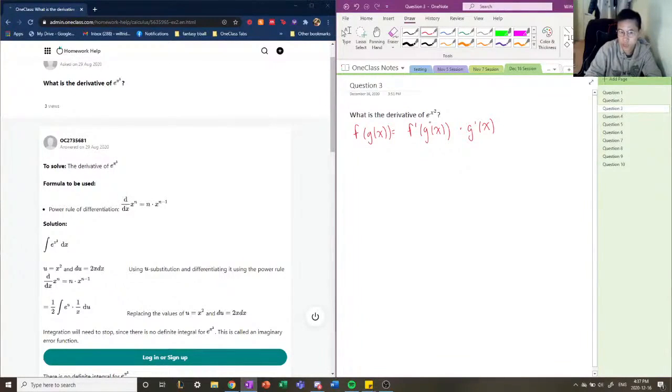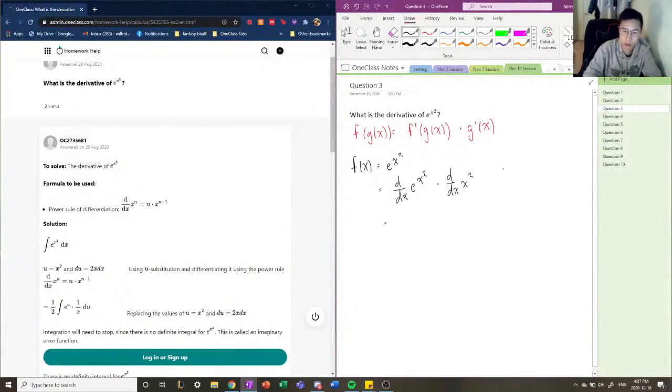derivative of compositional functions. In this case, our compositional function is e to the x squared, right? So we have our function f of x, which is e to the x, and then we have g of x, which is within the exponent, which is x squared, right? So to calculate the derivative of f of x equals e to the x squared, we're going to use our chain rule here. Okay, so we're going to calculate the derivative of e to the x squared, and we're going to multiply it by the derivative of x squared. Okay, so the derivative of the natural number e to the x of anything is just e to the x of anything,